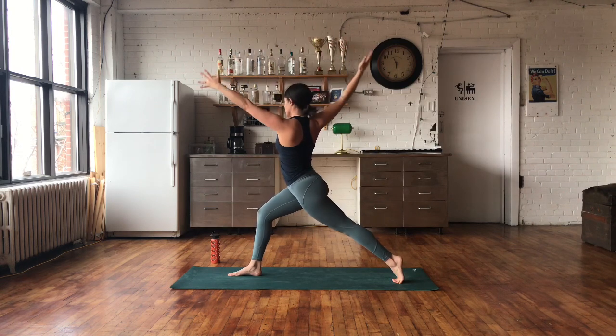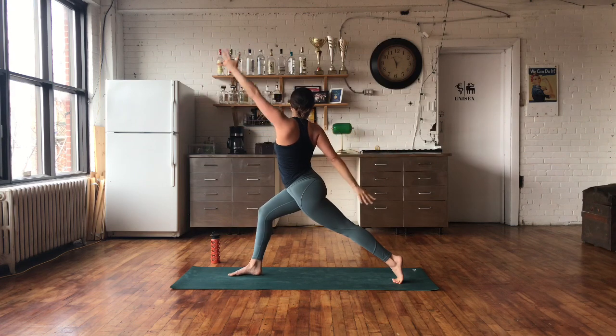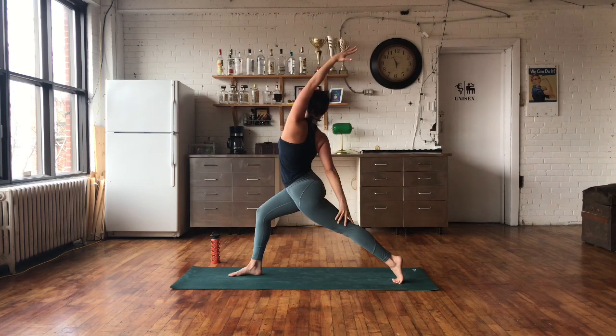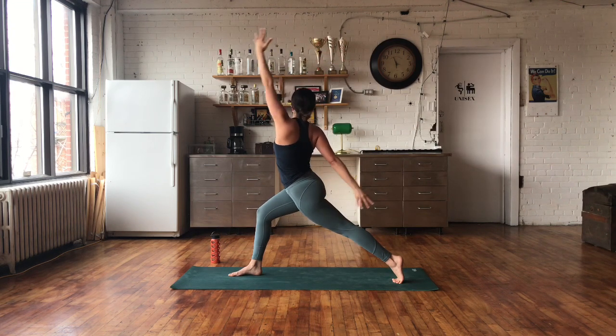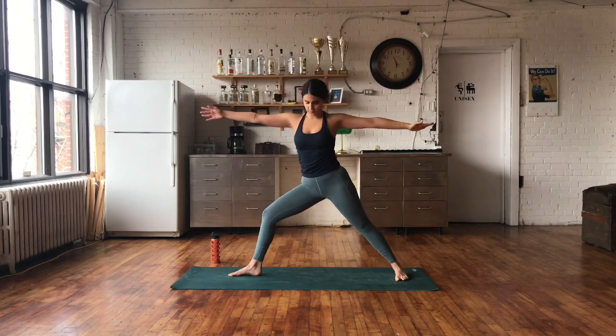We'll reach the left arm forward, right arm back, twist. Let's gaze to the right. And place your right fingertips onto your back leg and reach the left arm up and back. And come back into your twist, and we'll open up into Warrior Two, reaching the right arm forward, left arm